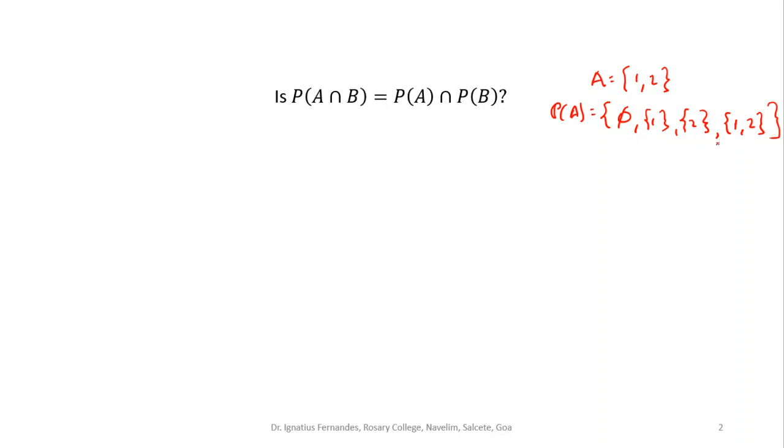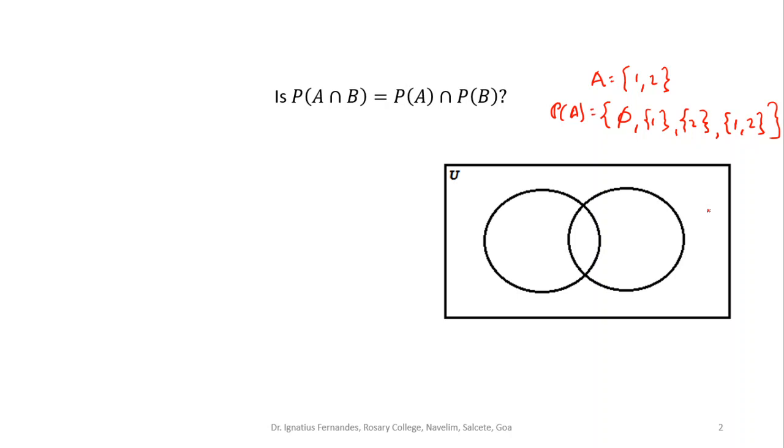If I have to represent this using a Venn diagram, it may not be possible. So if I have to prove this result, I'll have to totally rely on my understanding of the definitions. We know that to prove that one set is equal to another set, we show that this set is a subset of that, and that set in turn is also a subset of this; only then are they the same. So to show that the left hand side set is a subset of the right hand side, we show that every element in this set is present in the other set. This is what we have been doing in the previous modules.